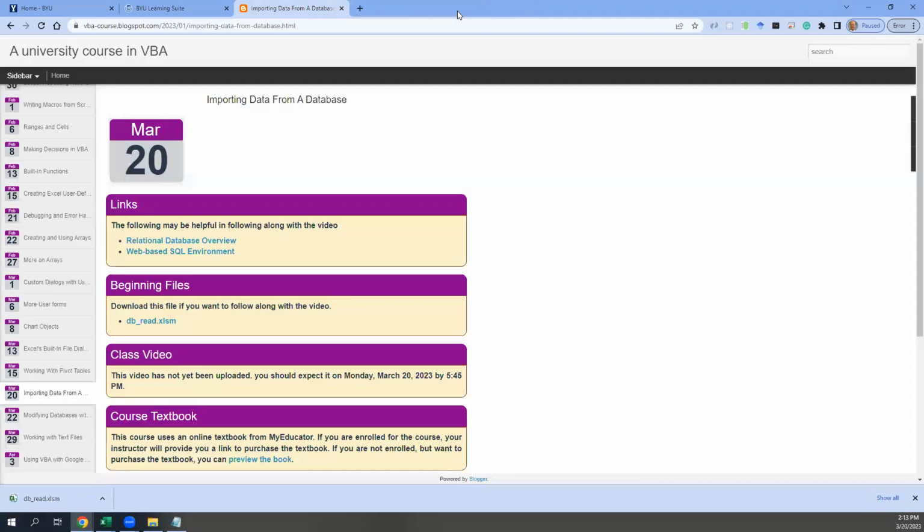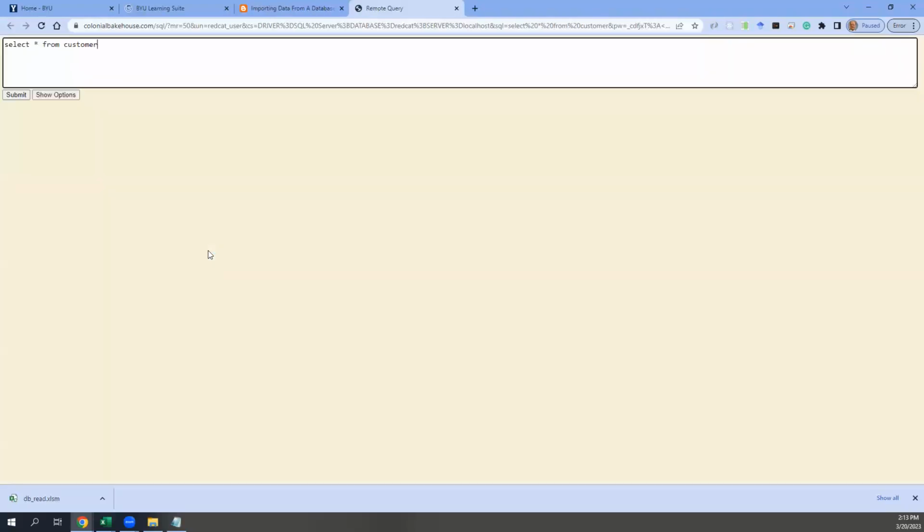So let's start off by going to this next link, this web-based SQL environment. Now this will take you on to, and this is just a website that I built just for teaching structured query language. I think when I bought the plan to be able to host data and have a database available up there, oh, hey, you get a free